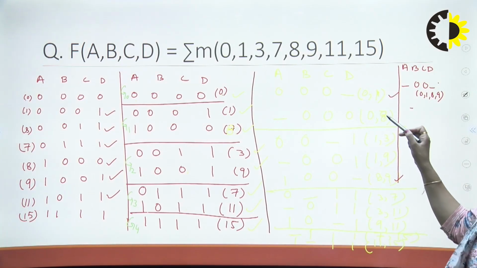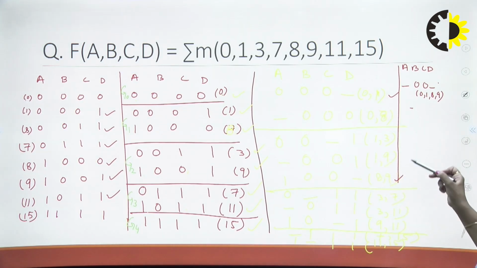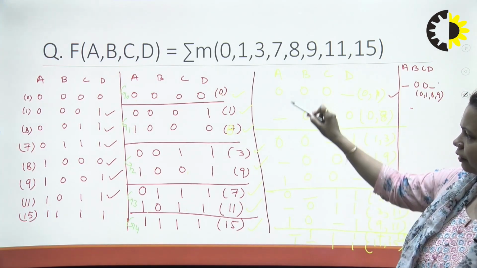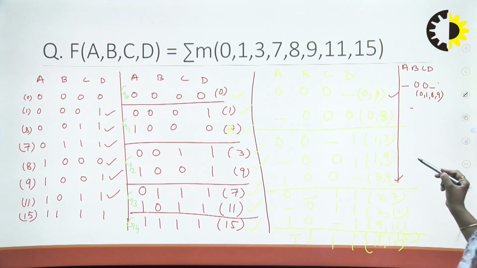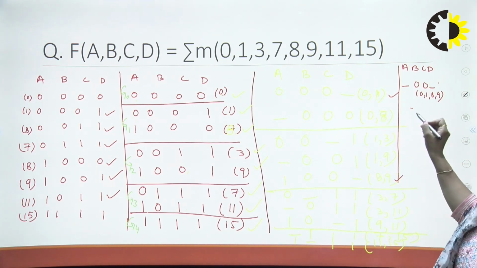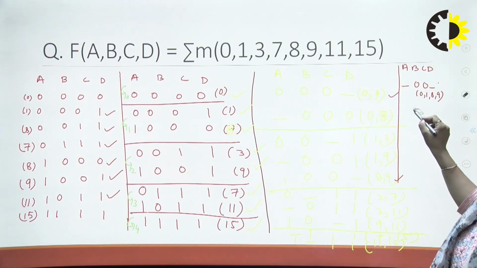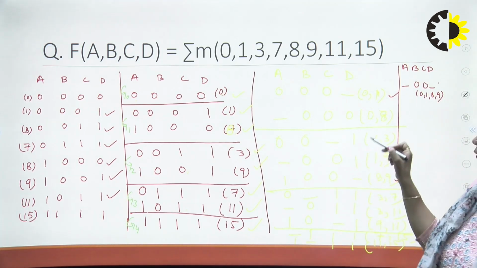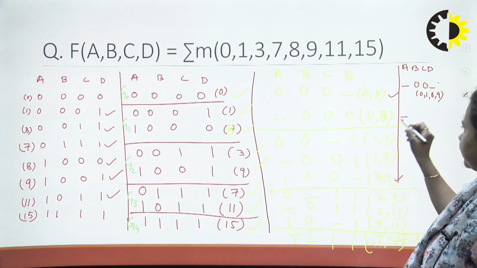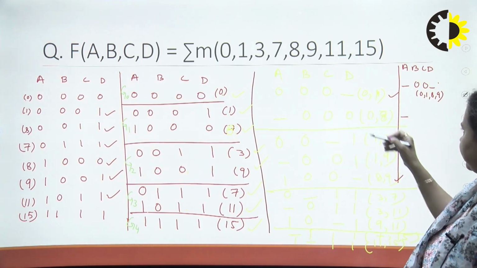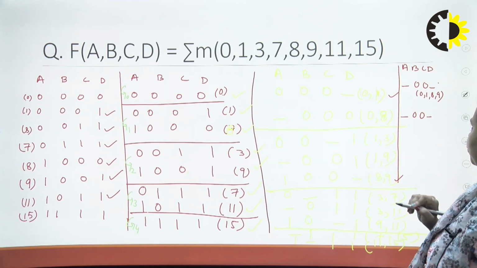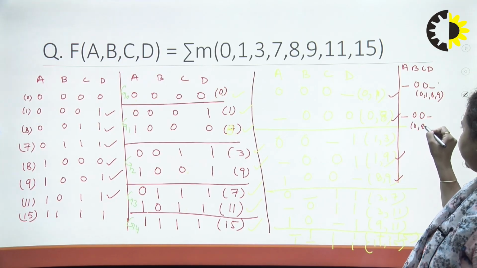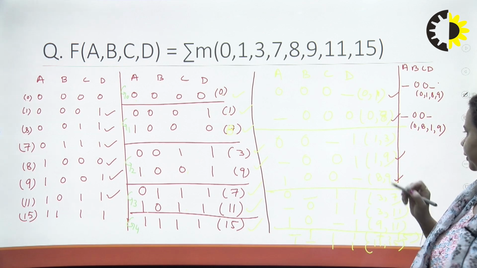Now you check 0, 8 with the next group again. Again you just focus on the dash. You see the dash on variable 1 is matching with 0, 8 is matching with 1 and 9, right? You just try and you will see that this will match. This is just a way to do it quickly. Otherwise, you are going to check one by one. So dash and dash matching, right? Now you see 0, 0 matching, 0, 0 matching, and the last bit is not matching. So you just put dash again. So here I have compared this and this. You write 0, 8, 1, 9, right? So this I have compared.